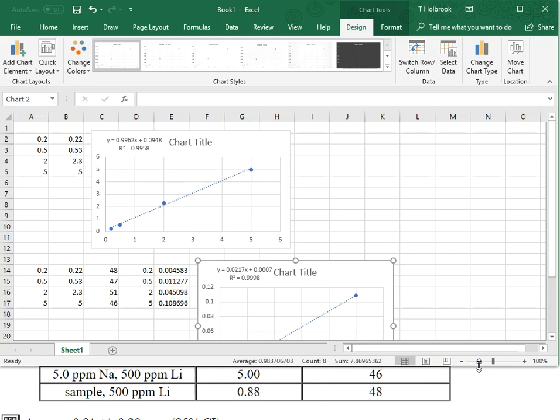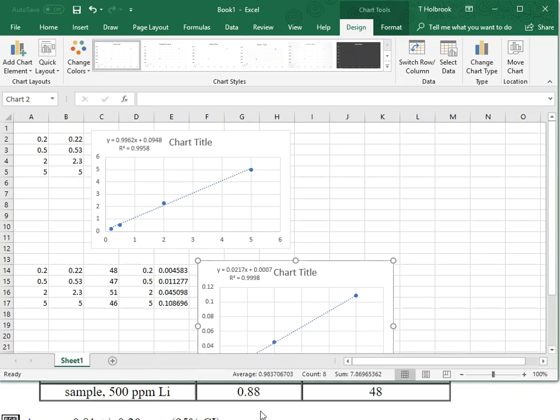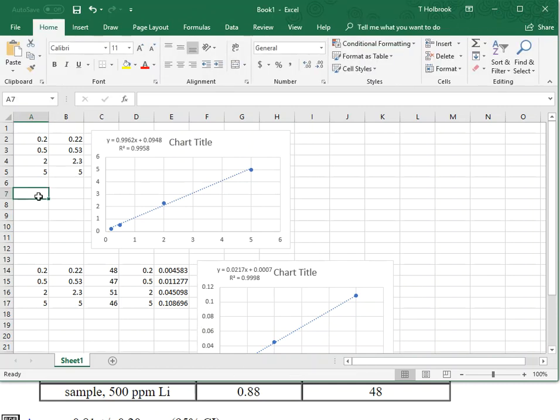All right, now I want to take a look at the samples. The samples look like it had a 0.88 for the sodium and a 48 for the lithium. In a normal calibration curve, what would have happened is that I would have said, well, I don't really know this concentration, so I'm going to keep it as an X. That was a 0.88. So what I would do over here, I would type in Y equals 0.9962 X plus 0.0948,